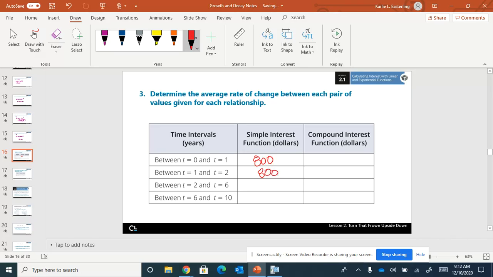It's going to go up by $800 each time. But for our compounding interest, because we're going up by our common ratio, we are going to have to determine the slope between those points, we're going to have to do y2 minus y1 divided by x2 minus x1,